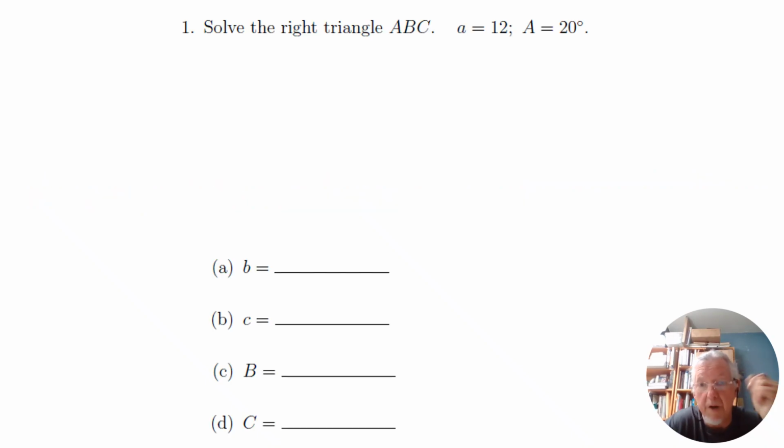I'm going to model what is needed. So this is what it's going to look like. Here's what a typical problem looks like. Solve the right triangle ABC. So my convention is angle C is a right angle, always, and side C is the hypotenuse. Now that's a good hint for